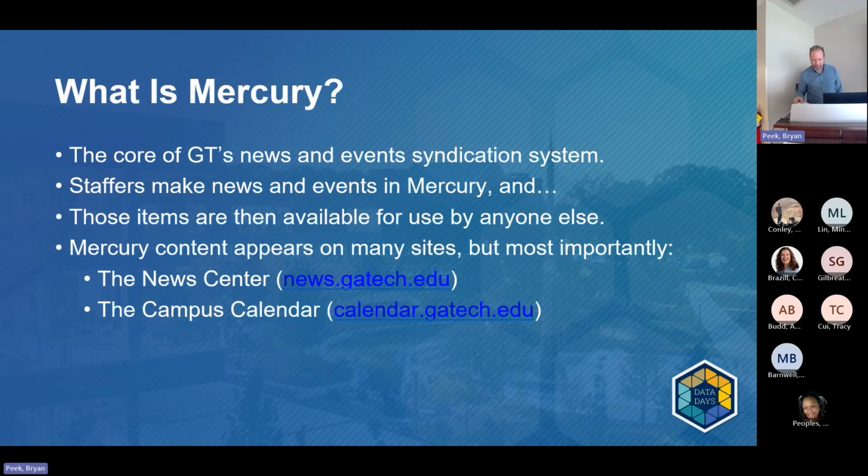So Mercury is a syndication system. I'm not entirely sure everybody knows what that means, but in 2009, I think it was, NPR created something they called COPE, which was a terrible name, but it stands for Create Once, Publish Everywhere. And the idea should be fairly clear from that. They publish all their news stories one time, and then all of the constituent websites for all the various stations that carry NPR are able to display their work. So we did it a year before they did, but we didn't come up with a clever name for it, so we don't get all of the conference money, I guess.